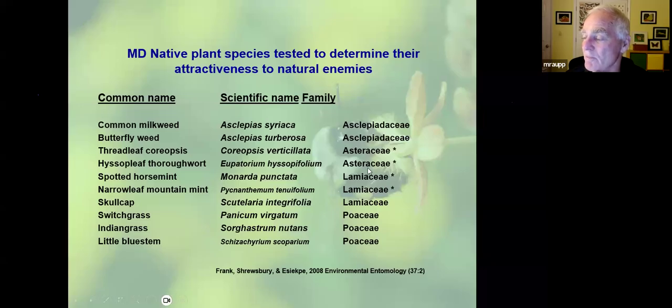What are some of the good plants to use? Well, members of the Lamiaceae, this is the mint family, things like eupatoriums, monardas, pycnanthemum. I'm sorry, the eupatorium is going to be in the aster family. Coreopsis, cornflowers, asters are super attractors as well. Some of the asclepiads aren't bad, the milkweeds, and there are actually some grasses that contribute somewhat. But in this particular study, the big winners were the asters and the mints.